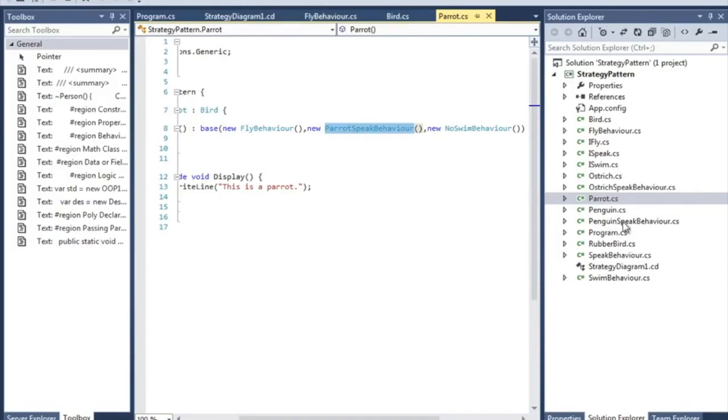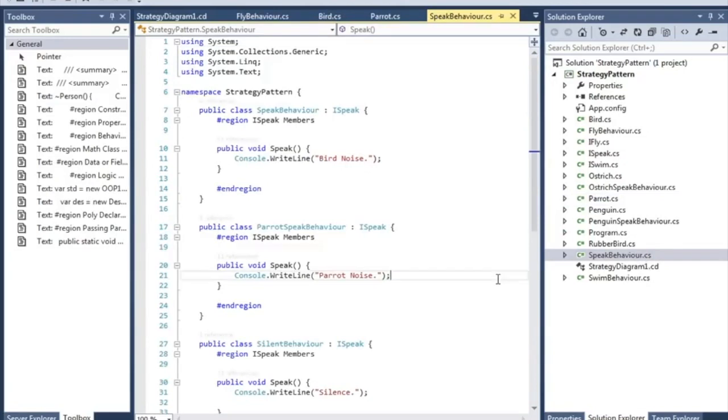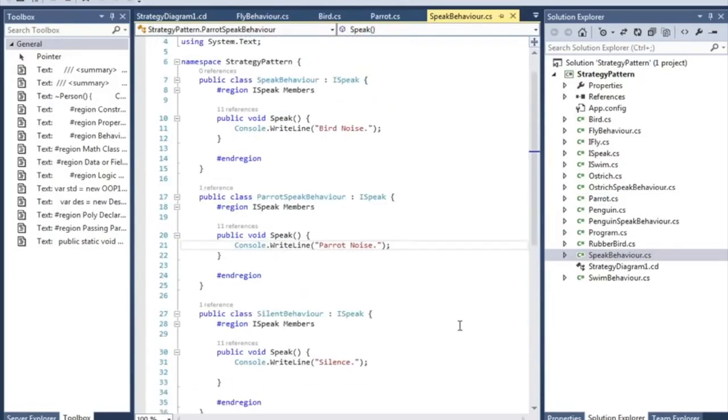This time I used the class diagram and copy-pasted some of this, and some of the speak behaviors are in the speak behavior.cs file. As you can see, I haven't put those into separate files, so I got confused about where it is. The best way to do this is to put those into separate files.